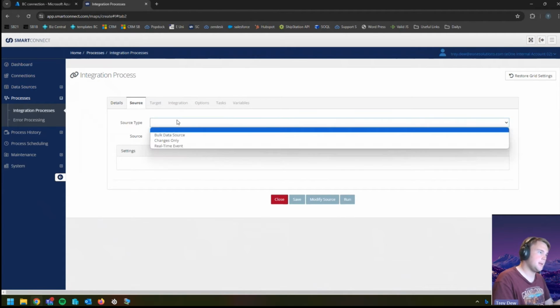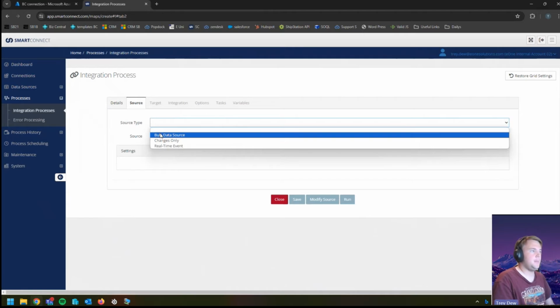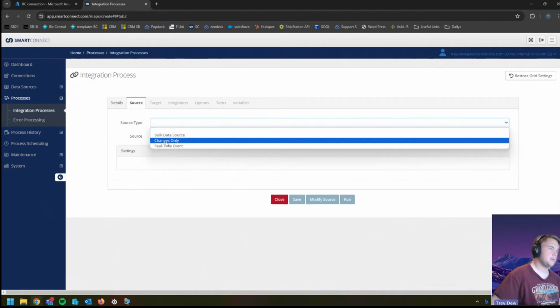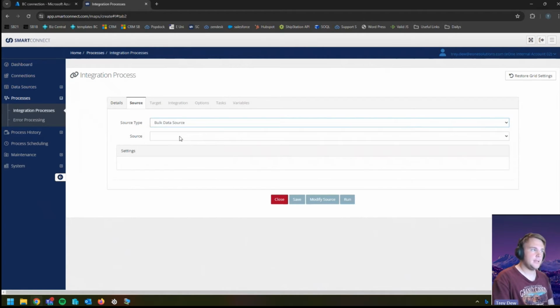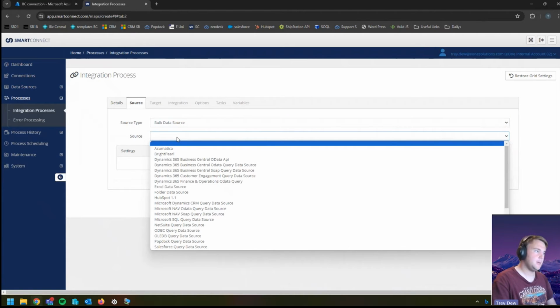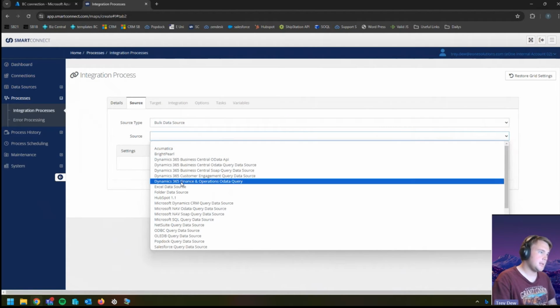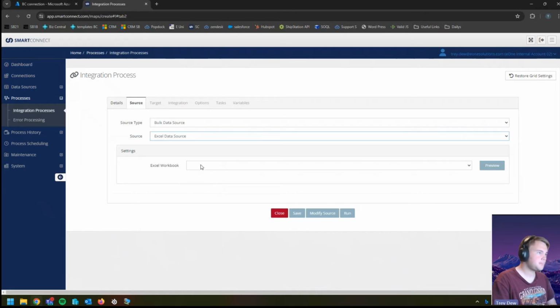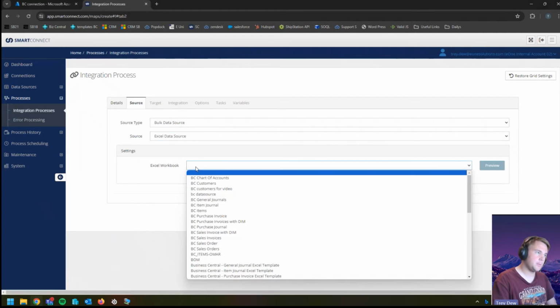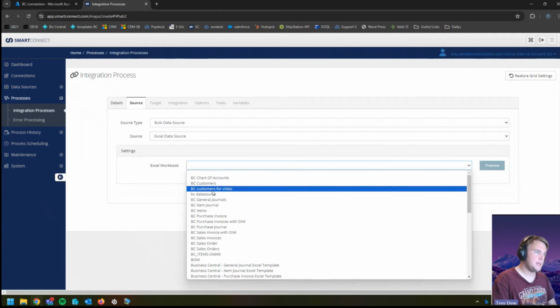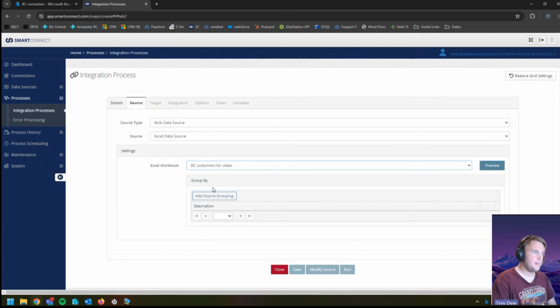and we can select that data source we just created. So again, it starts with the source type. The source type will be bulk data source because that is what the file is under. And then source, we will find the one that we have just made, which is an Excel data source. And now we will find the Excel workbook that we have created, BC customers for video right at the top,